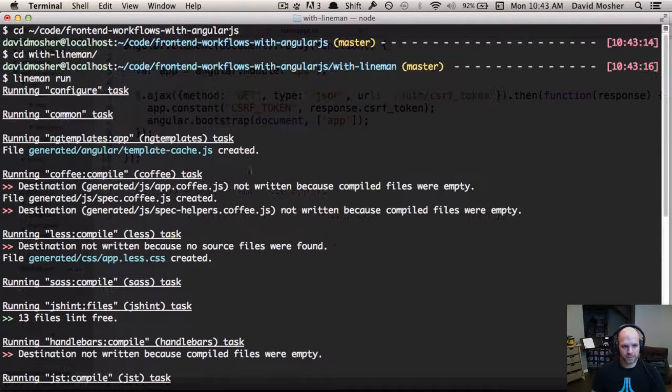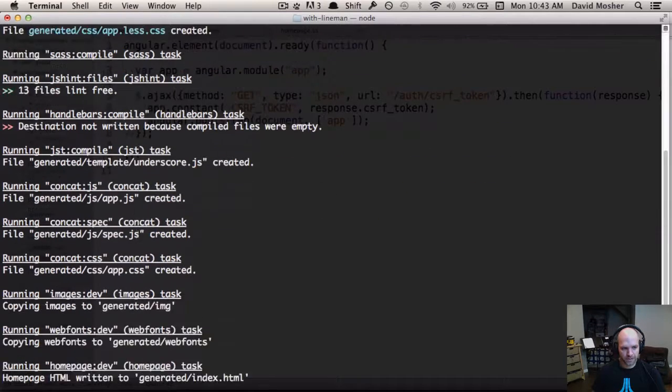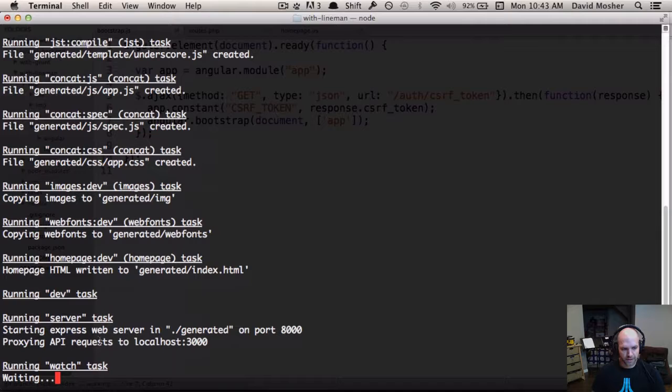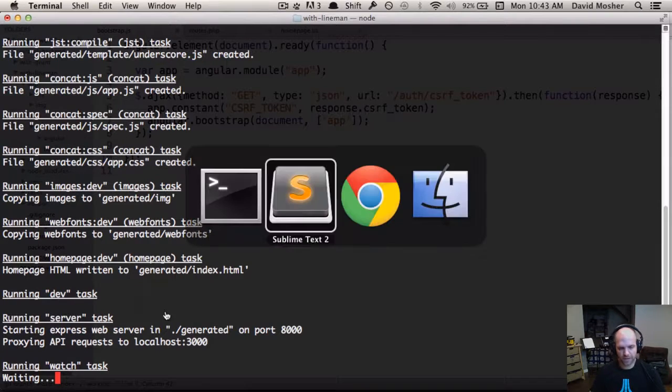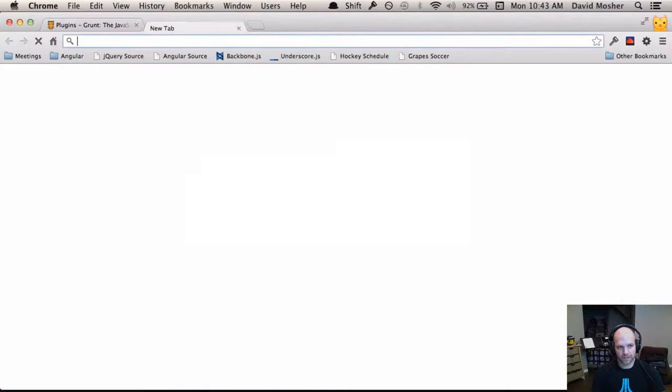You can see that similar to our vanilla Grunt workflow, there's a whole bunch of tasks that were run. There's some other tasks that I'll get into specifics on what we were configuring for Angular, but you can see that there's a whole bunch of things that just ran. One of the last ones was we ran a server task. So lineman includes a built-in dev server. So now if we go to localhost 8000,